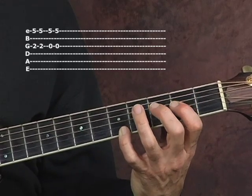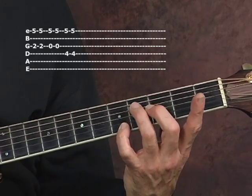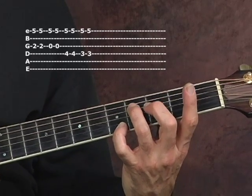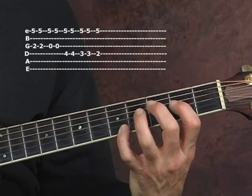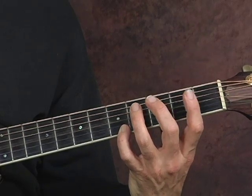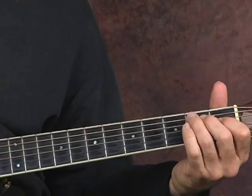And then come up to the D string. I would use my 3rd finger on the 4th fret on the D string. It's an F sharp note. And then you just go right down chromatically. You can roll it like that. And then you can do like a...